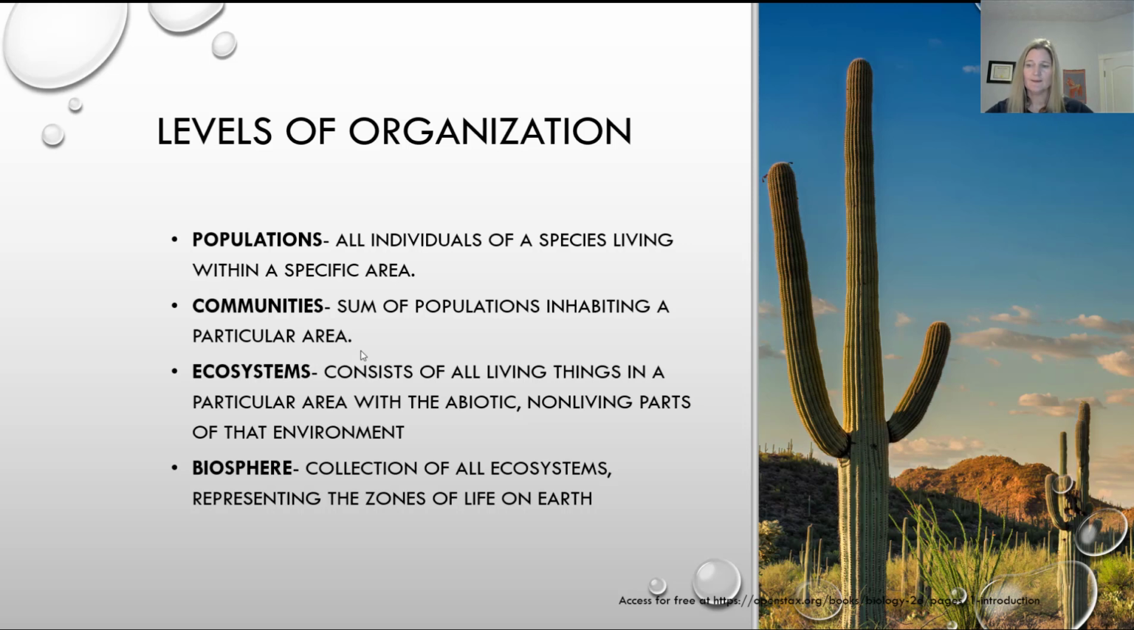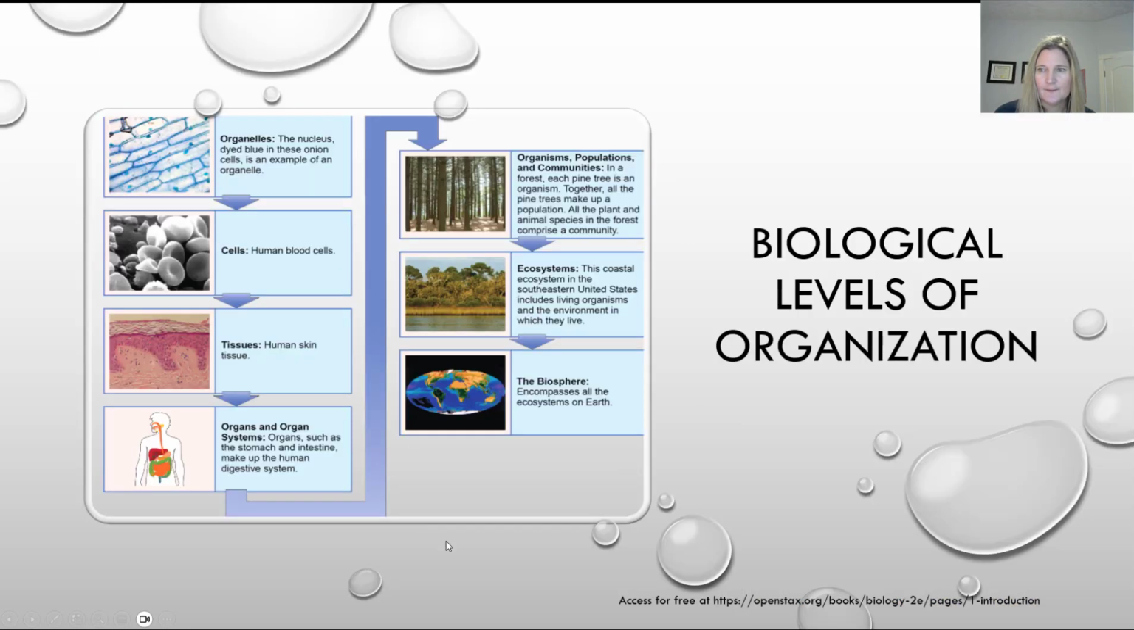And then finally, we can look at the broadest level of organization, the biosphere. So think bio means life, sphere, think Earth, globe. So it's the collection of all the ecosystems on Earth representing the zones of life on Earth. So our biosphere. Okay. So here's just a figure from your textbook that describes the levels of